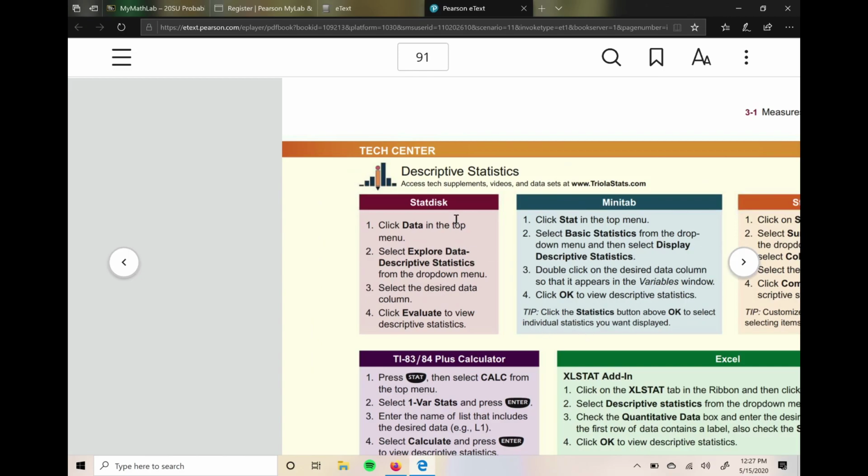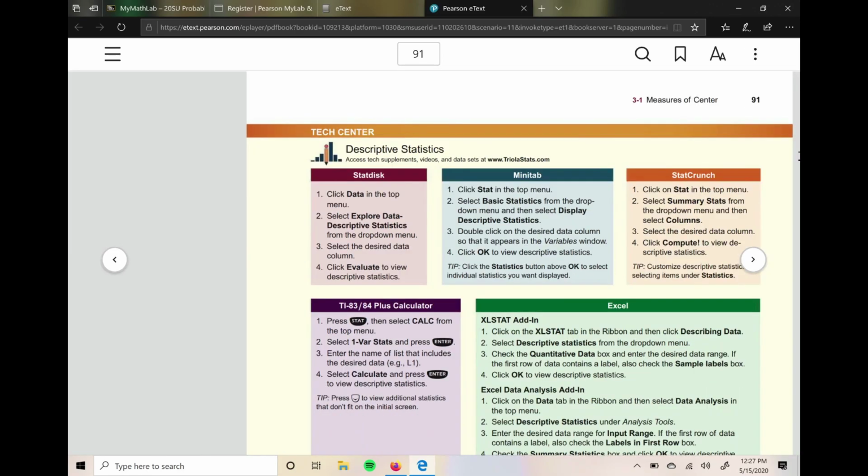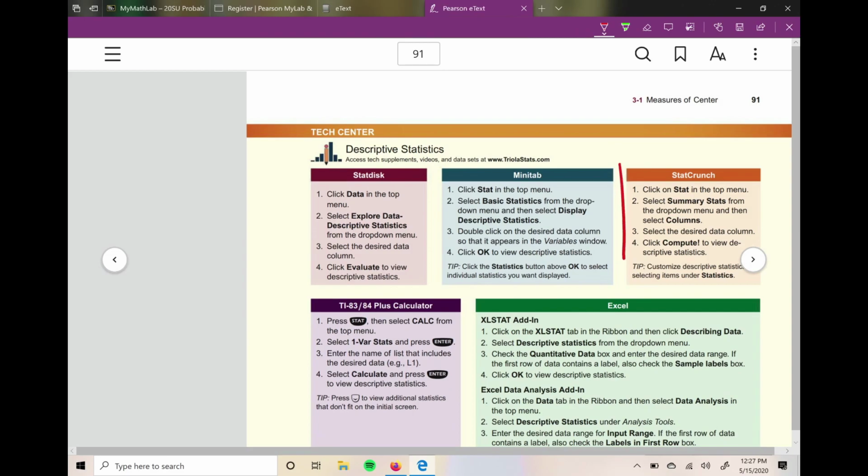So as you can see here in the upper left-hand corner, you have StatDisk, you have Minitab. Excuse me. You have the TI-83, 84 Plus calculator. But the one thing that is also on there, which is really, really awesome, look at this right here, StatCrunch. And that's exactly what we can use. Step 1, click in the stat menu. Step 2, blah, 3, blah. I will make videos of this, don't worry, but this is something I just wanted to go over and show you. So if we go back into MyMathLab here,